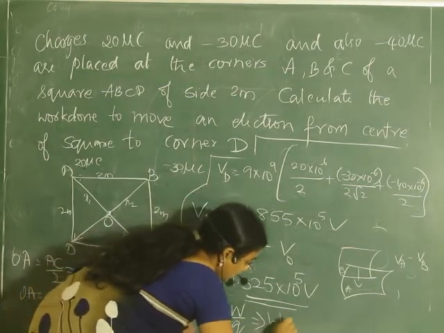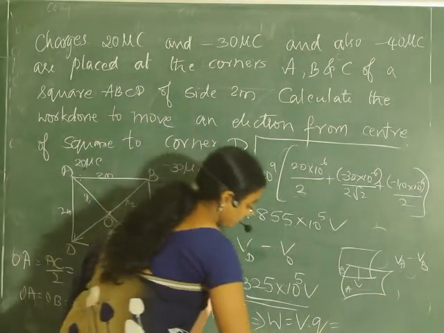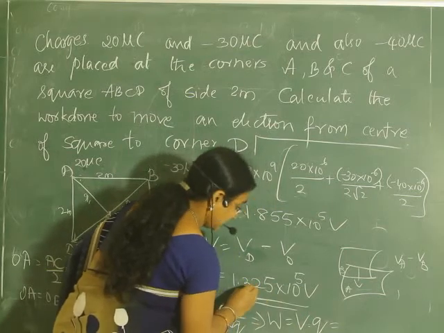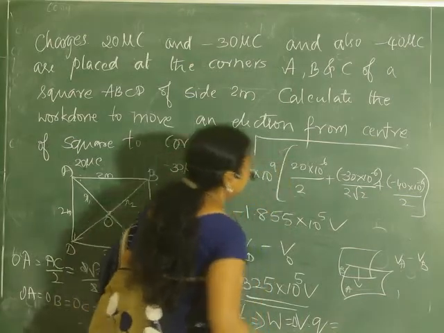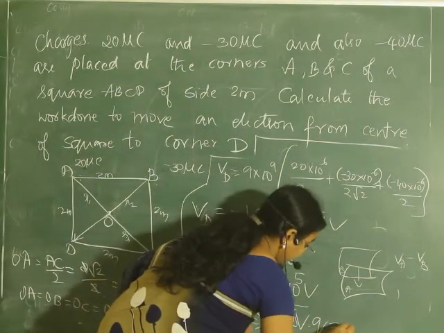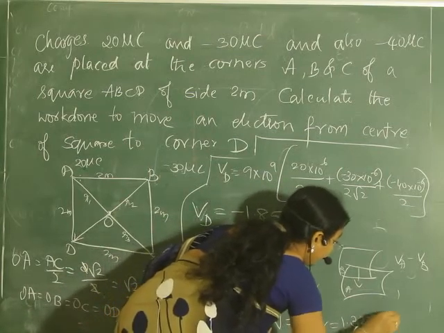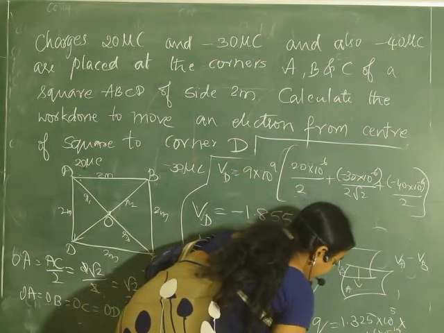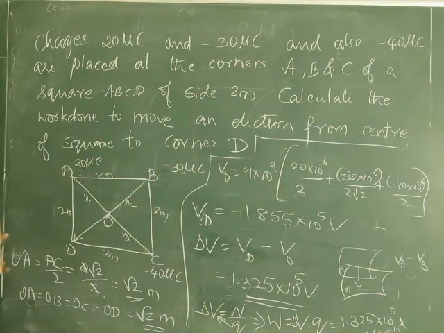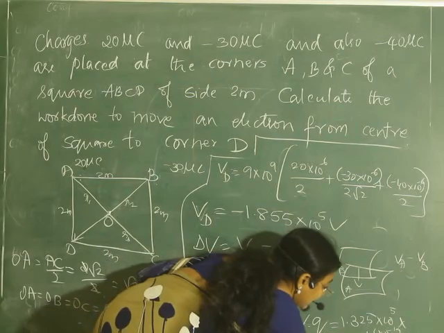So work done is equal to V into Q, that is equal to delta V times the charge, which is nothing but the electron. Charge of the electron you have to substitute. So 1.325 into 10 to the power 5 into 1.6 into 10 to the power minus 19. What is the answer you get? That is the solution. That is work done. 212.6 into